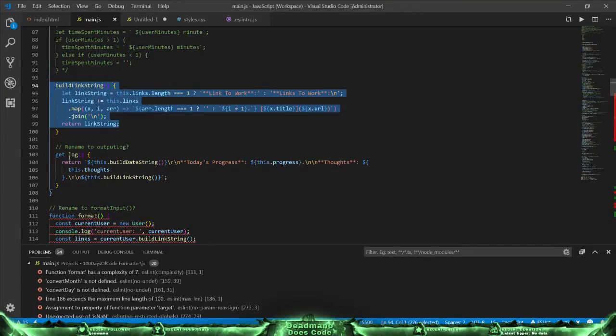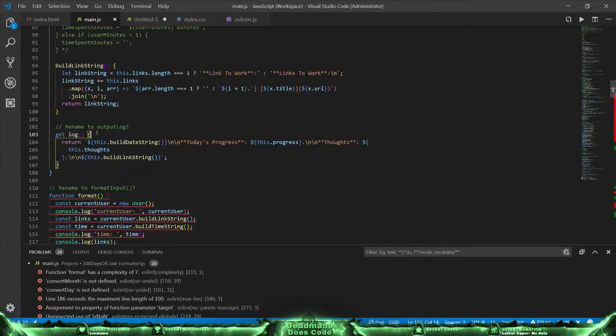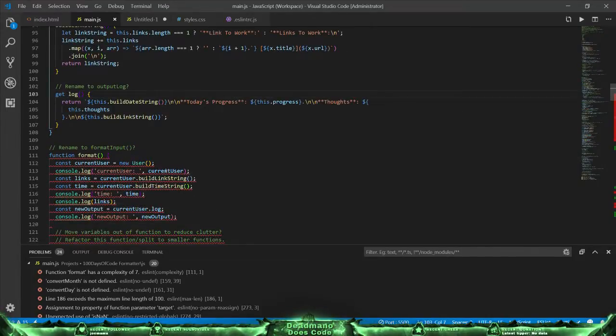Do you have a better idea? Right now it's log. So you go current user.log. I was thinking output log, so get output log, you know what I mean? Like, what would be a better name for that? Because log just seems a bit weird. It's supposed to be nice and short, so you go current user dot,